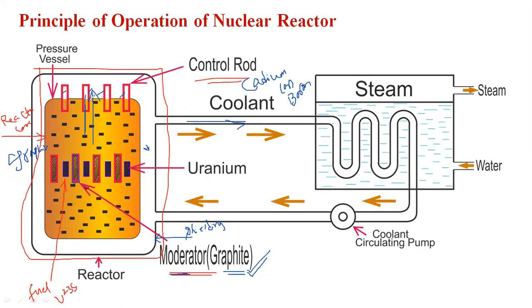Now here, whenever the demand is less, the control rod is pushed towards the reactor core, towards the fission, and it absorbs neutrons. A small amount of neutrons are released, so the power generation is also minimum. Whenever the demand is there, it is pulled outward, and more fission processes are released. The power generation is also maximum.